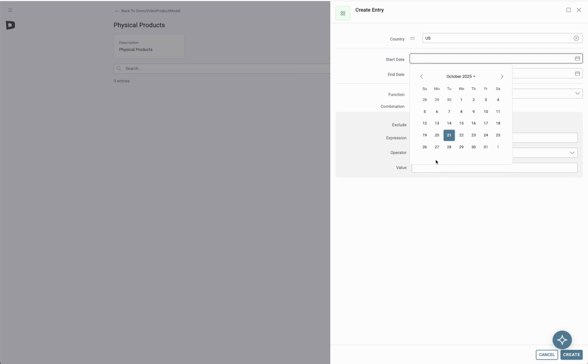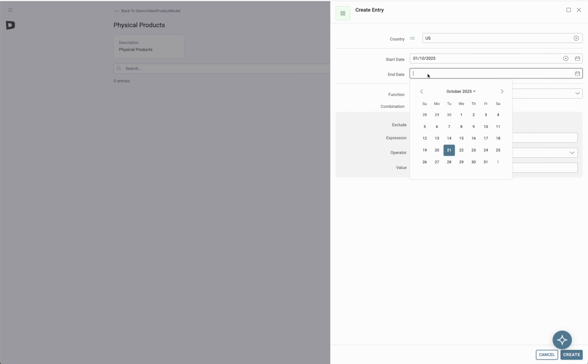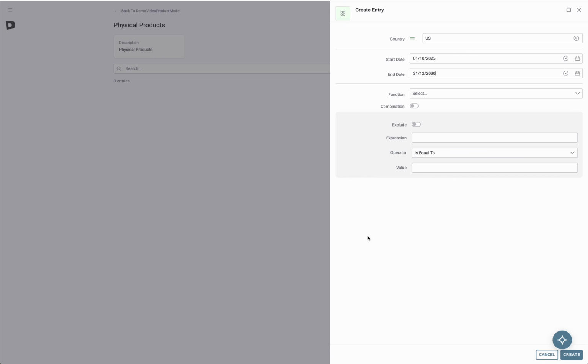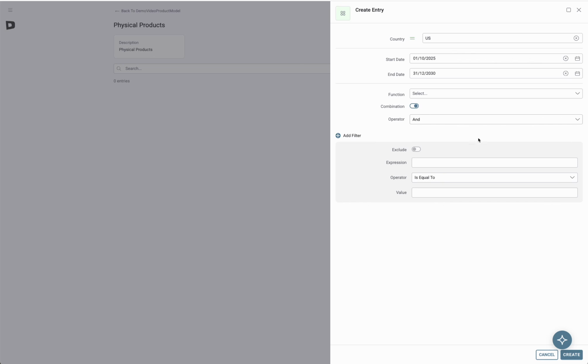Everything requires an effectivity date, so I'm going to say beginning of October, and then I'll just pick a date in the future for this particular product catalog or product determination model to be effective. And I'm going to say it's going to be a combination of different things. In my case, I'm going to use different families or categories of products. So I'm going to say or, and in this case, family is the criteria we're using. And I'm going to say the family needs to be equal to cleaning wipes,